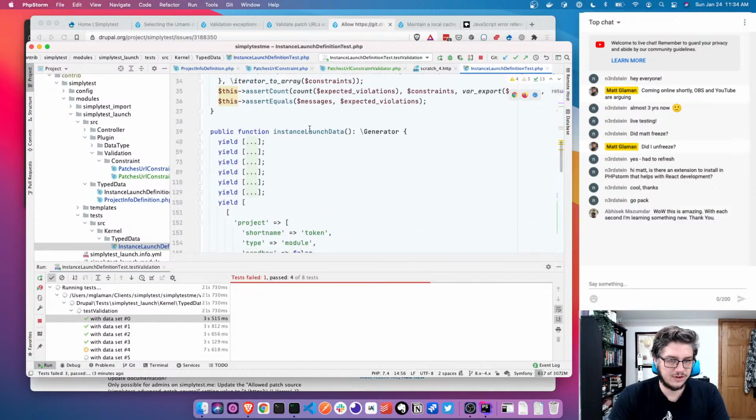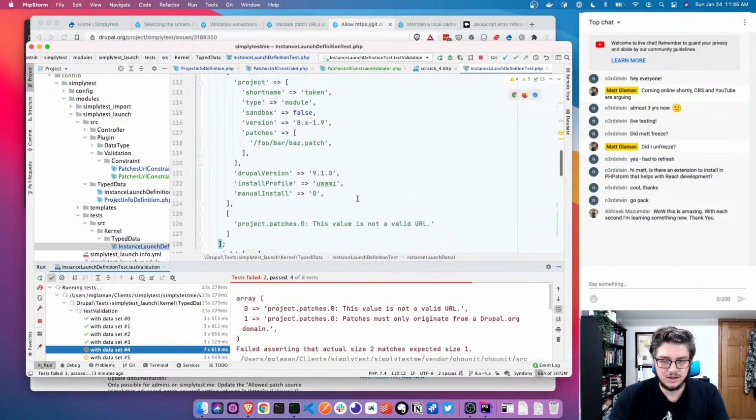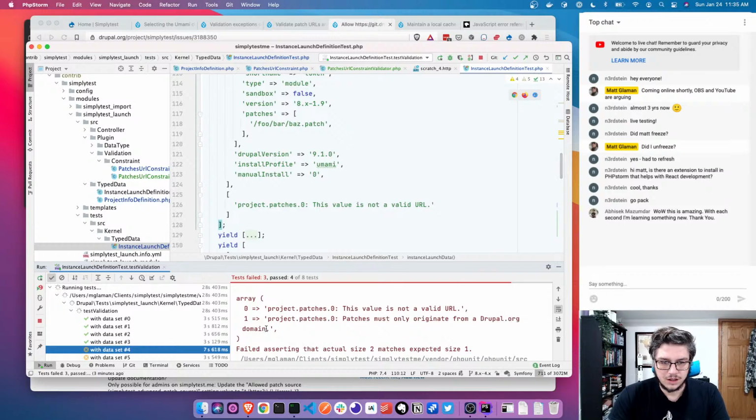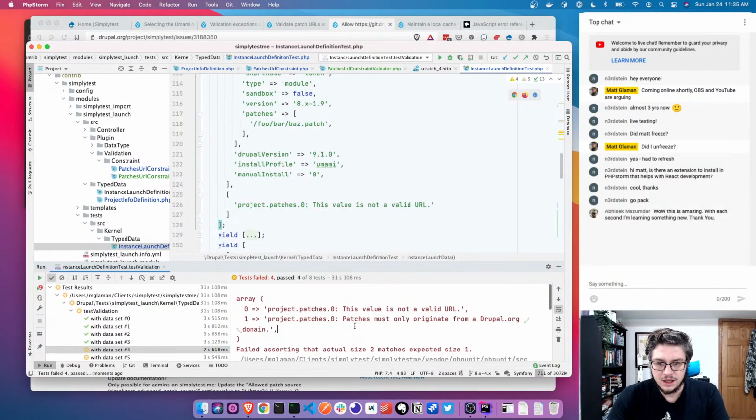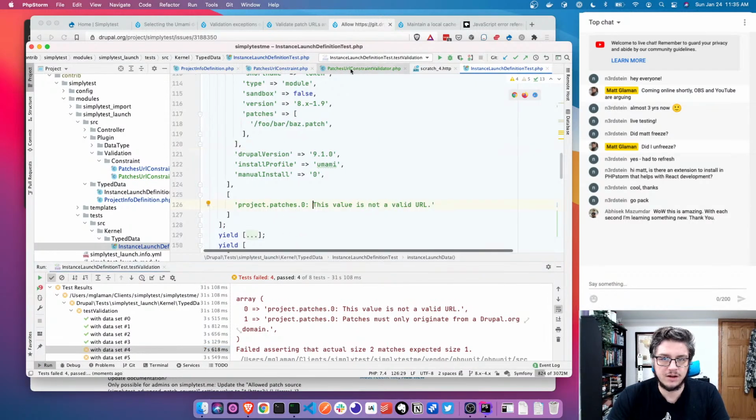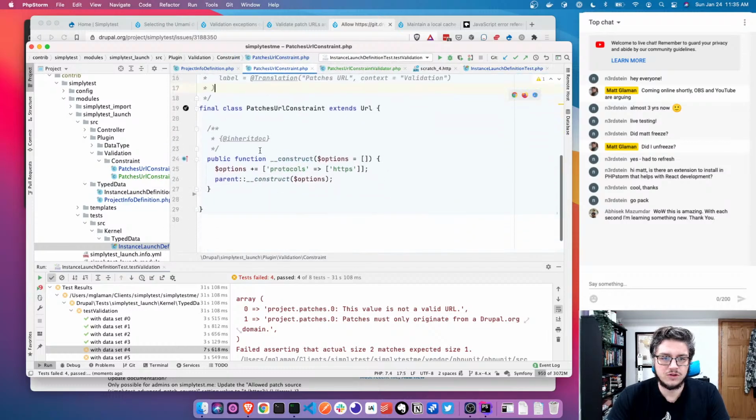So we have set 4: 0, 1, 2, 3, 4. It's failing. So it has 2 validation errors: one that it's not a valid URL, and one that it must originate from Drupal.org. That's a bit repetitive. So what we should do